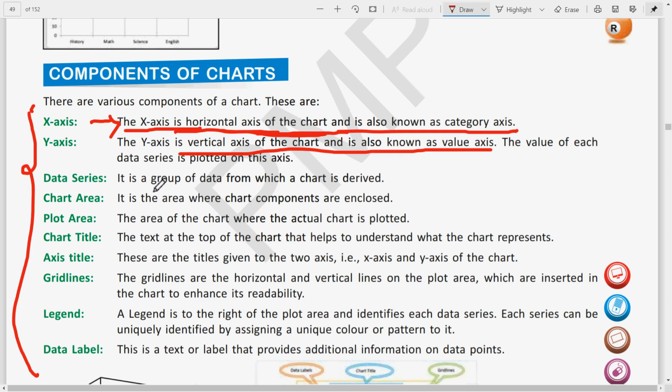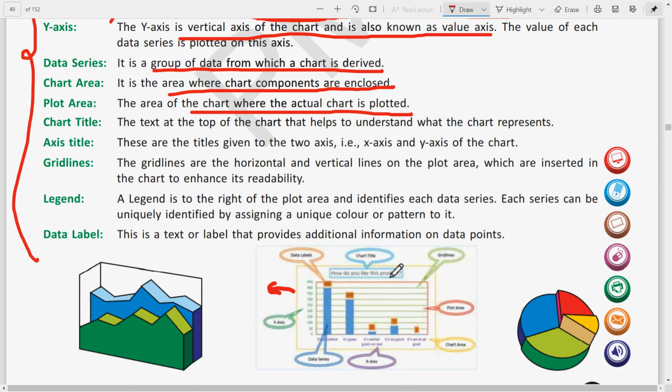Then data series, group of data from which the chart is derived. Chart area, it is the area where the chart components are enclosed. Then plot area, the area where the actual chart is plotted. We have just seen, also you can see here in this box.